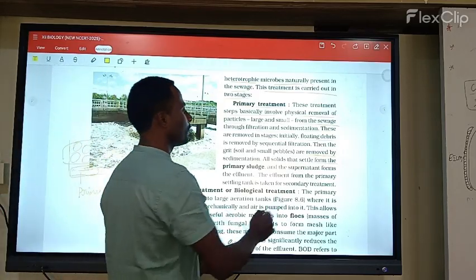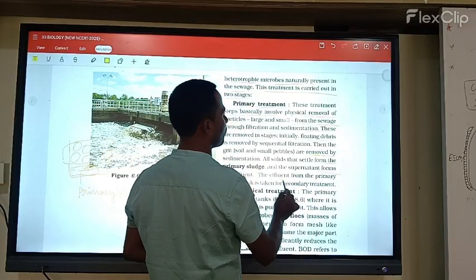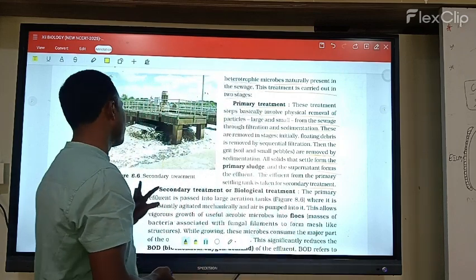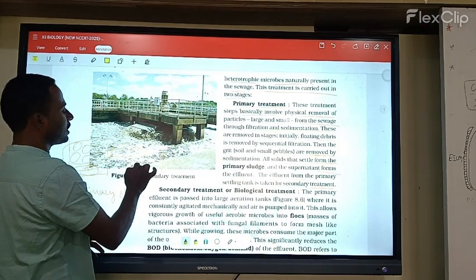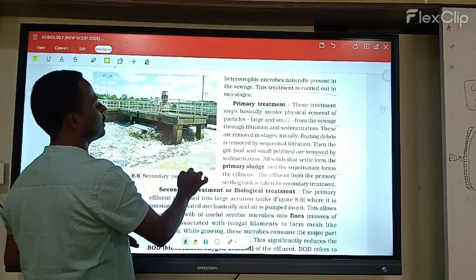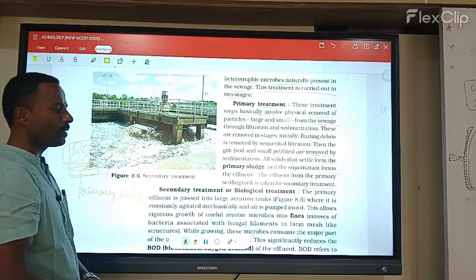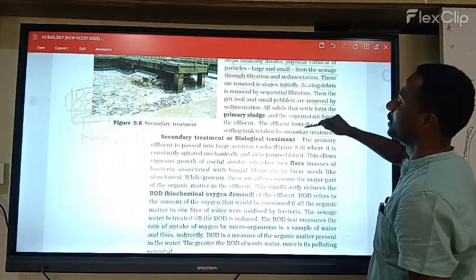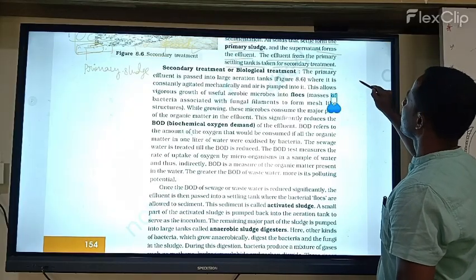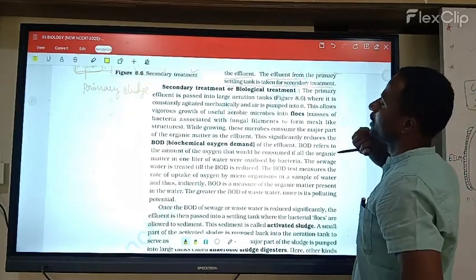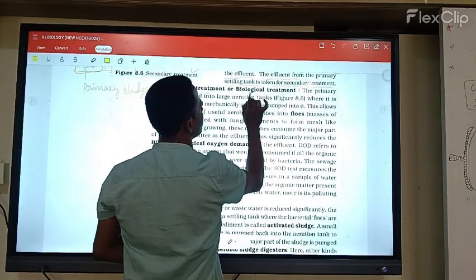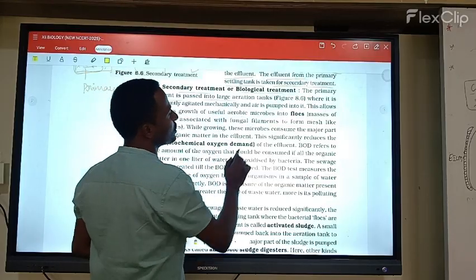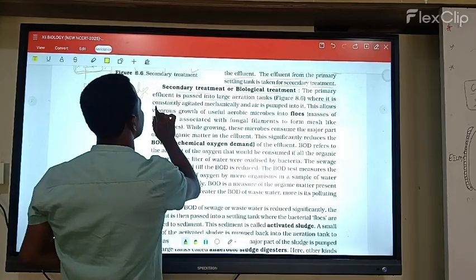Next, the supernatant forms the effluent from the primary settling tank, which is taken into the secondary treatment. Let's see what happens in the secondary treatment. Secondary treatment is also called biological treatment. The primary effluent is passed into large aeration tanks,